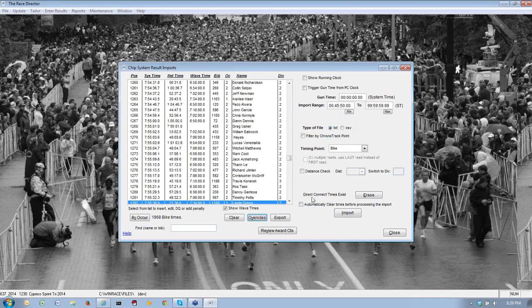Okay, but the idea here is prior to Race Director 2014, these import screens got very complicated because you had to try to do it by split, and especially when you had splits that were different by division, this importing process was kind of a mess. So now the import is much more related to the equipment that you're importing from. So I think most everyone's agreeing, even though it's a bit more complicated of a setup, when it comes to execution of the race, it's a much better way to go. All right, so